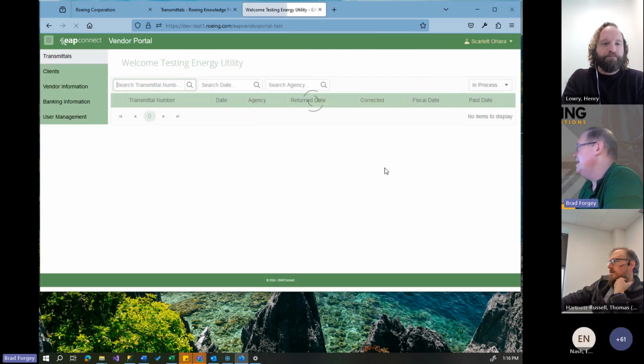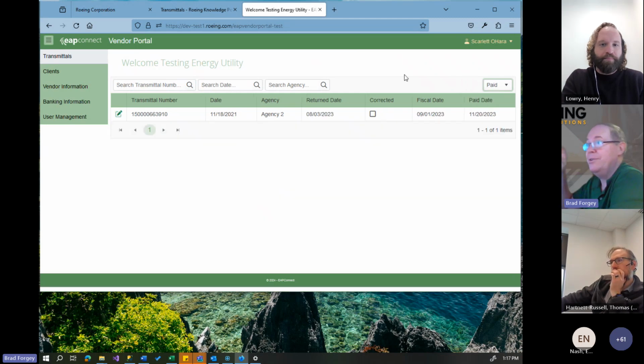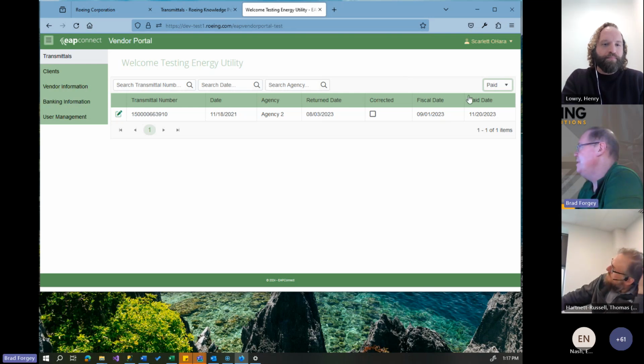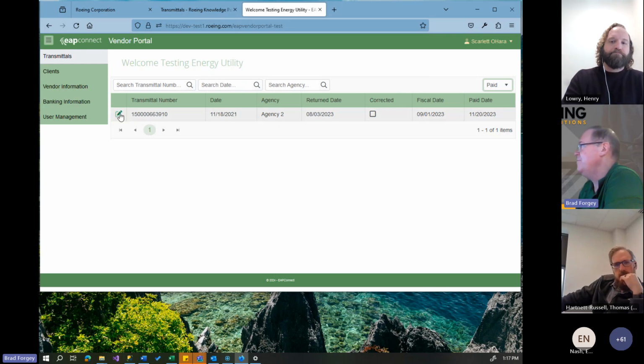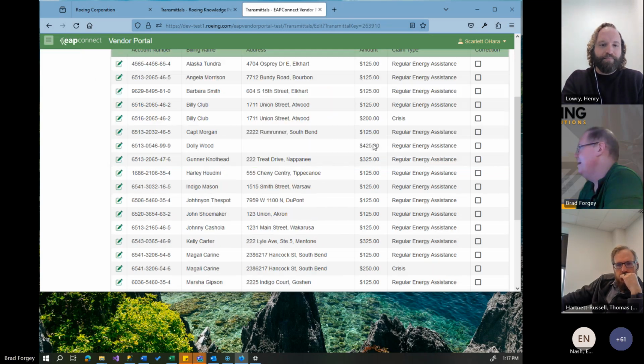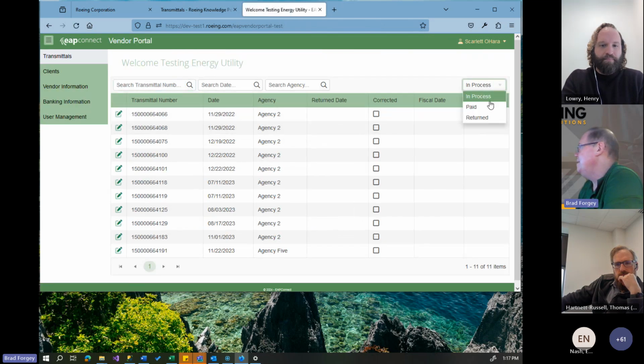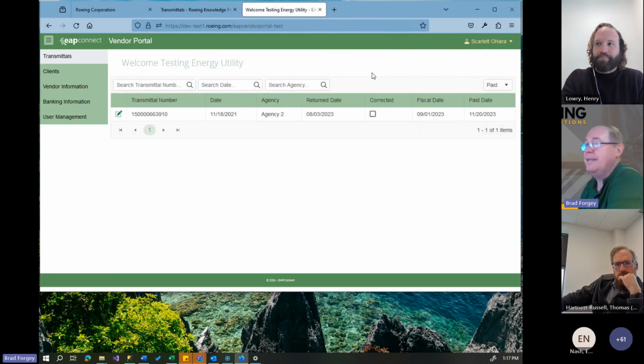So you can watch those, and then the third view are paid transmittals. Once they go from in process to returned, the LSP processes it. If they either handle it internally for payment or they send it to HCDA, once that transmittal gets marked as paid, then it will show up in this list and they'll stay in here for 60 days. It's the same view. You just end up with a paid date, same type of information that you saw before, and it'll stay there, like I said, for